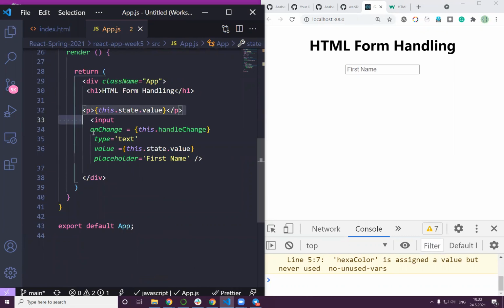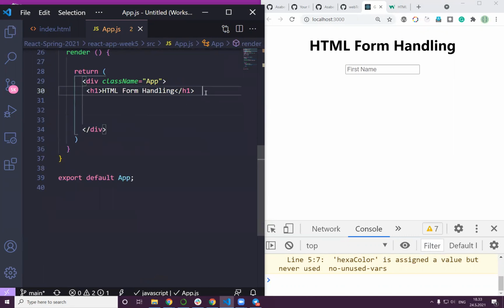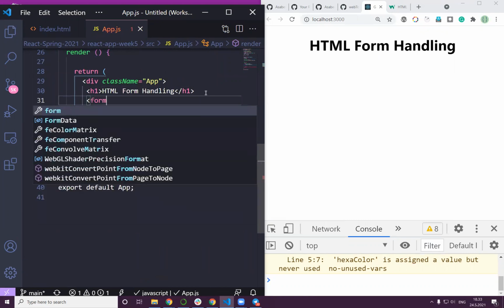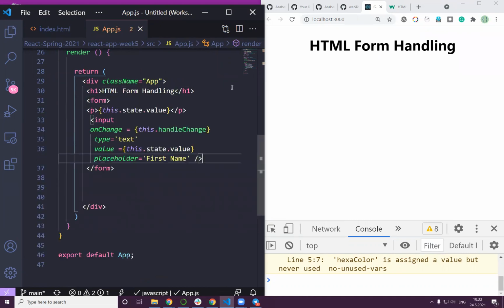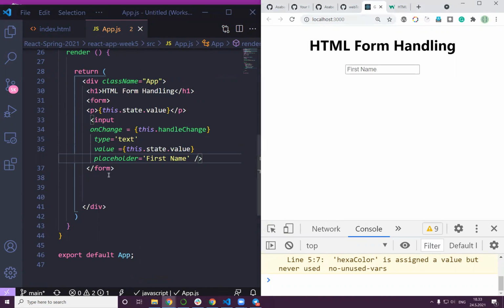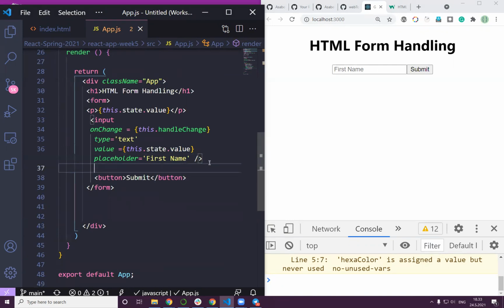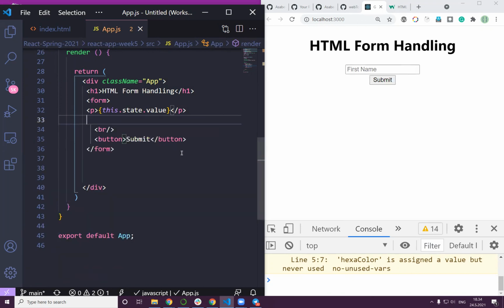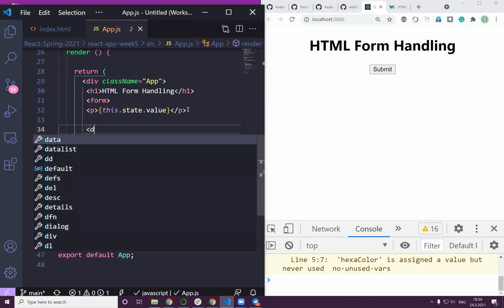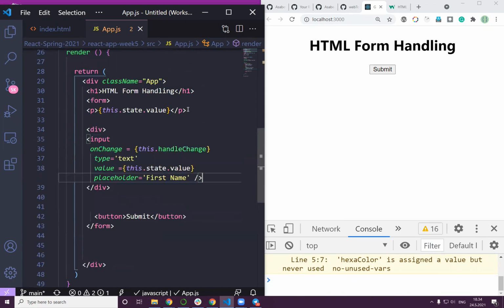Okay, usually we use a form itself. This is the form, the HTML form, and we put our inputs there. And then we need another button, and we call it submit. Maybe it's good if I can break with this. Or maybe even, I can break it using a div, you know? We can use a div,